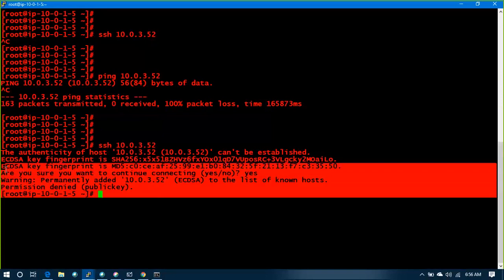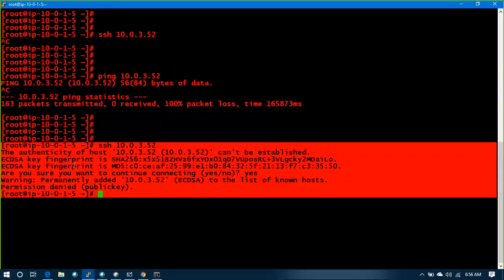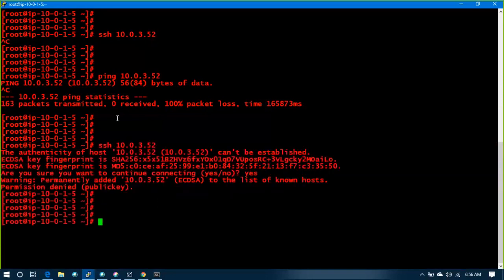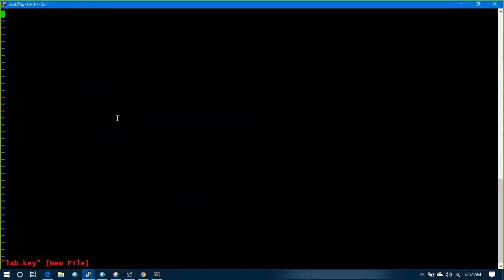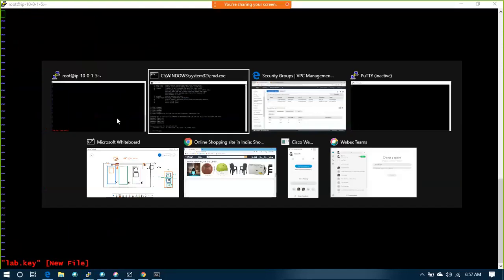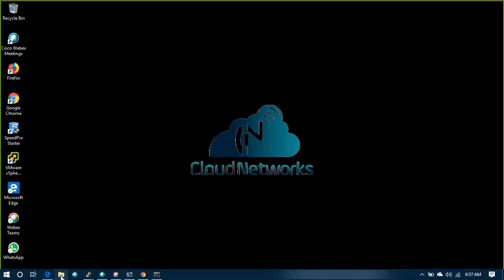And if I try, still you will get an error. The public key is missing. So what I will do, I'll need to provide a public key to access this machine. So let's do one thing. PWD, where I have CD in the root, lab dot key. What is the key? I have it on my desktop.